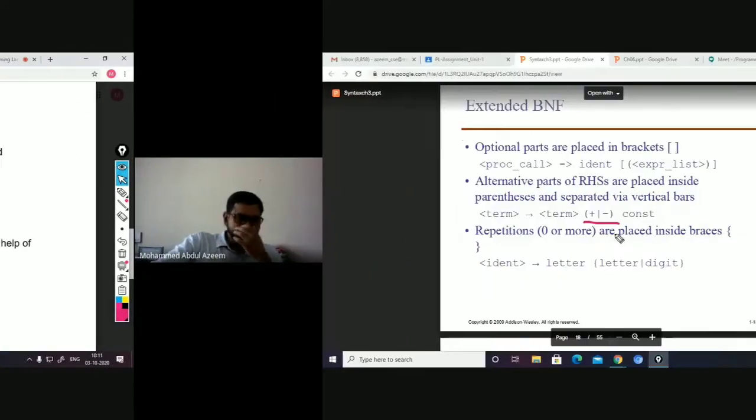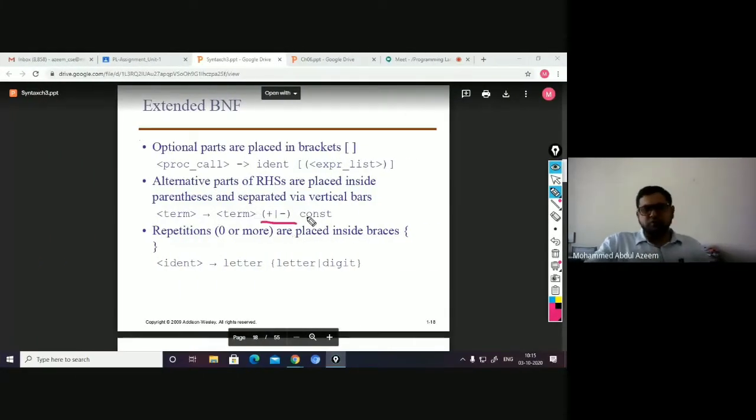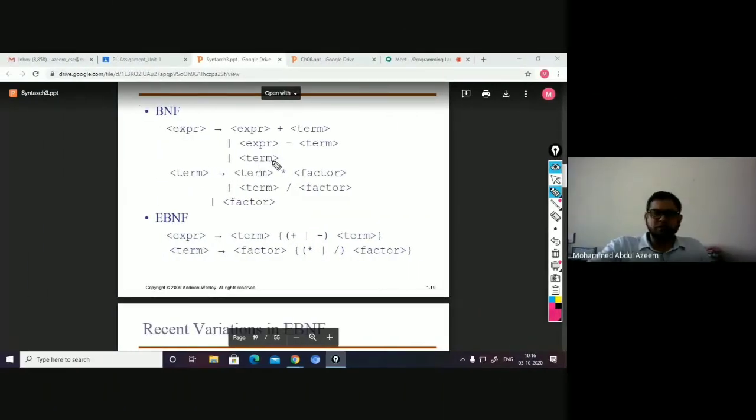Okay, alternate parts are represented with a vertical bar, enclosed in parentheses. And if you have 0 or more to represent, we can use open and close braces. So let's see here, this term is being further defined to be term into factor, or term by factor, or factor. Now, how are you going to represent this using EBNF? Fine, this whole thing,